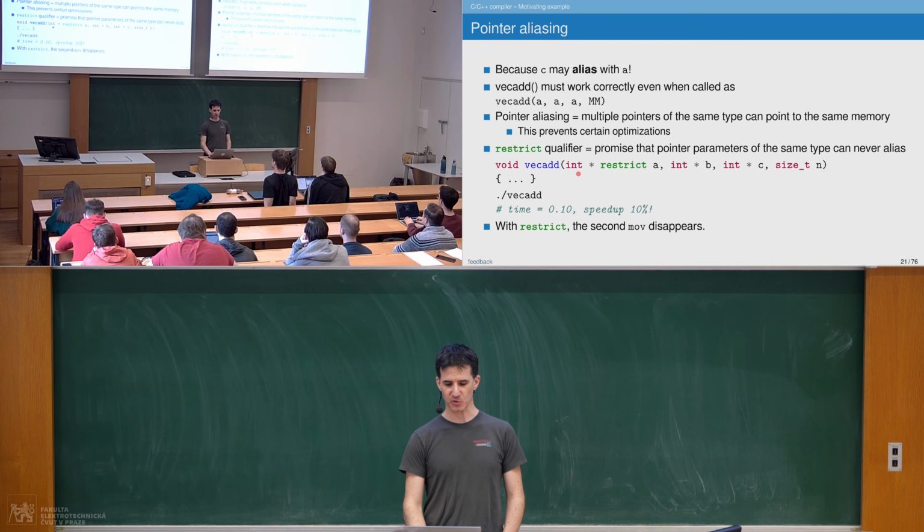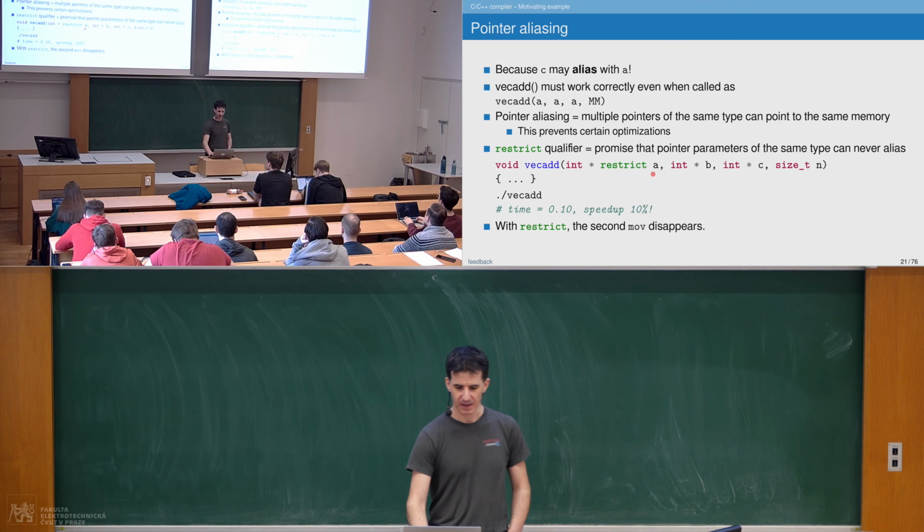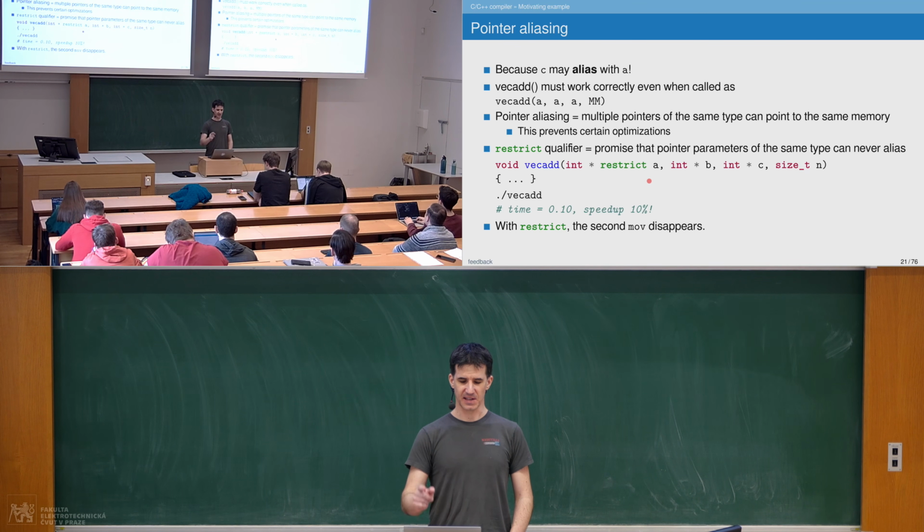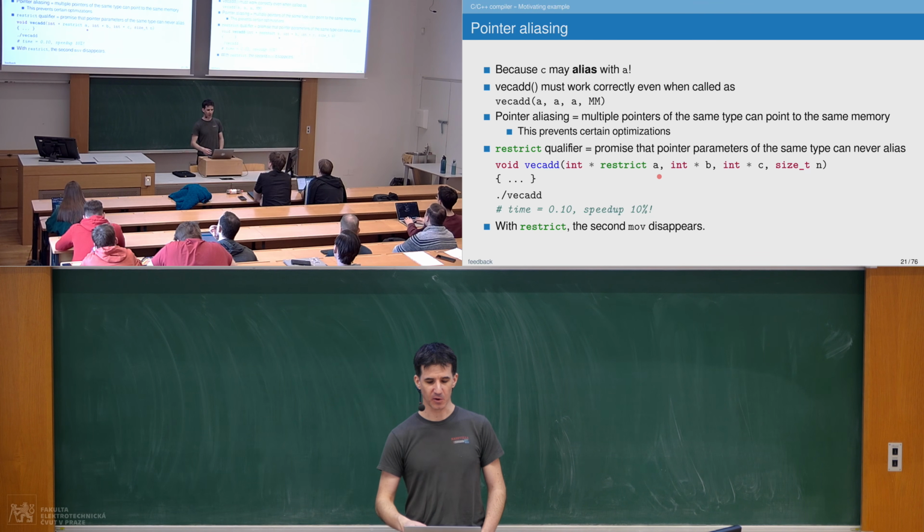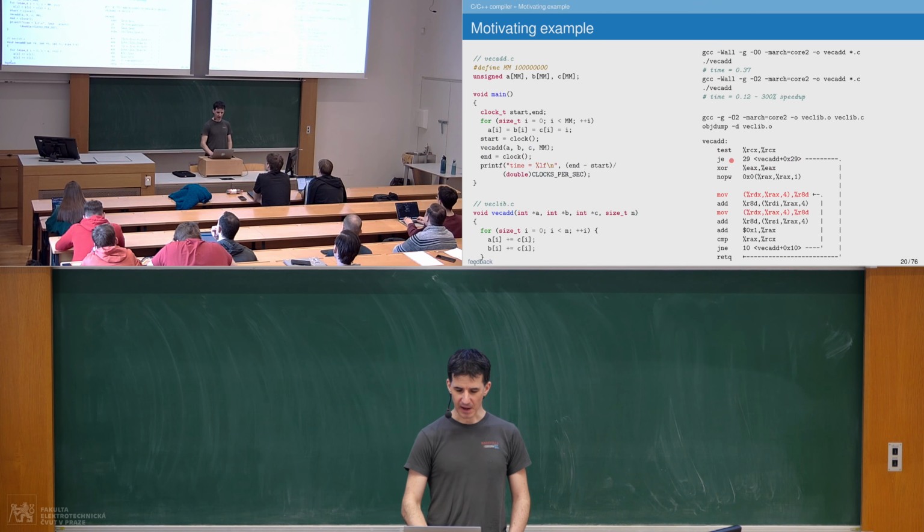If you specify it, for example, to 1 or multiple parameters, you are saying, I promise that pointer A will never point to the same memory pointed to by B and C. And if you promise this to the compiler, then the compiler will remove this second instruction,